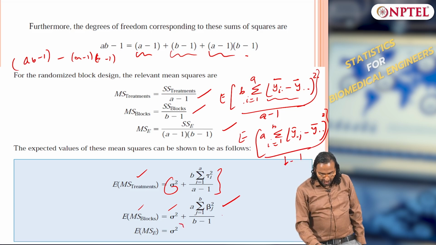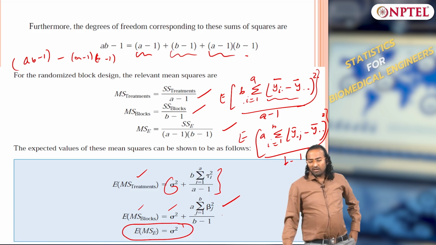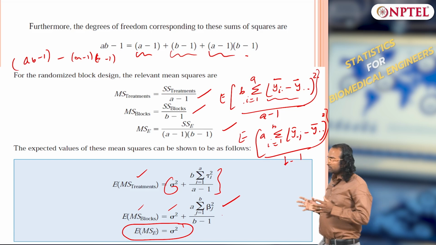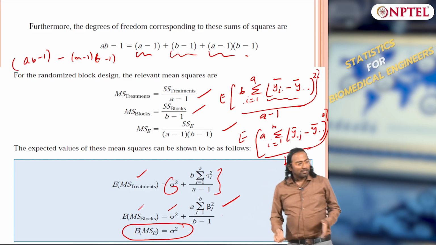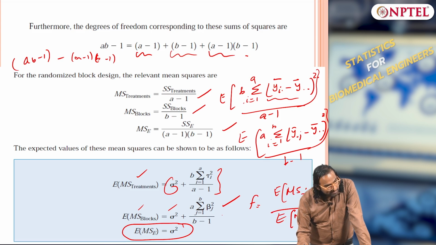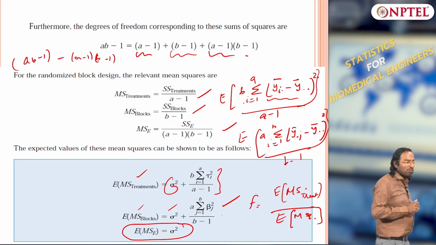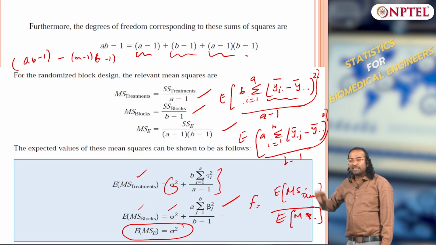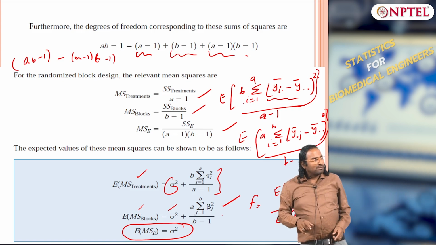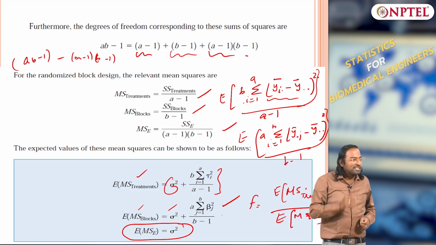Okay. Now expectation of mean squared error, like in ANOVA, it is sigma squared. Now you can think of doing the F test, and again the F test is going to be for what? The F test is going to be over the expectation of mean square treatment divided by the expectation of mean squared error. I am only interested in treatment, okay, I am not worried about blocks. So my F test will still remain the same as that of ANOVA, because you want to reduce the MSE. That is the whole idea.